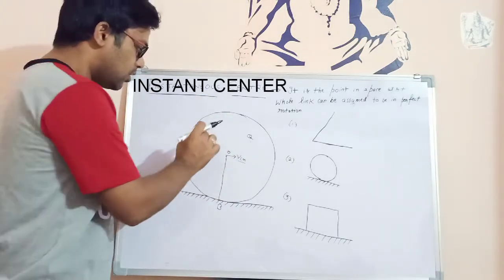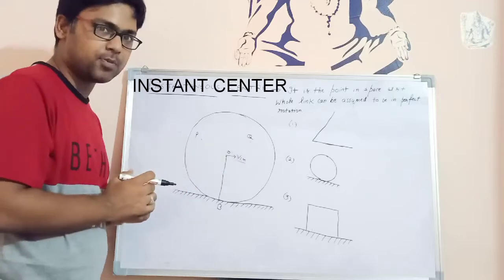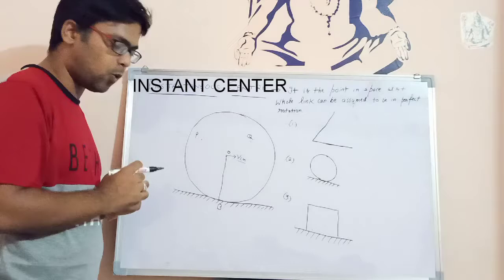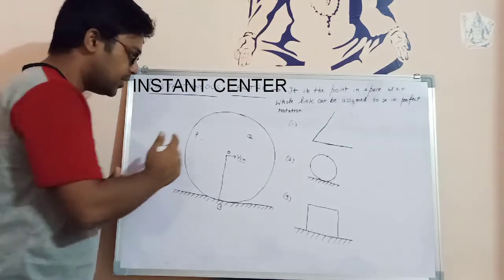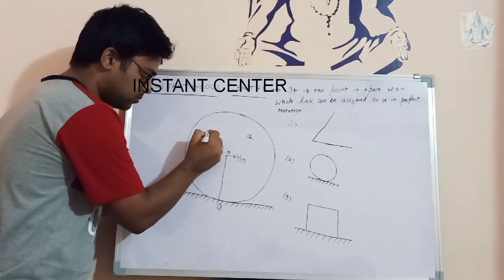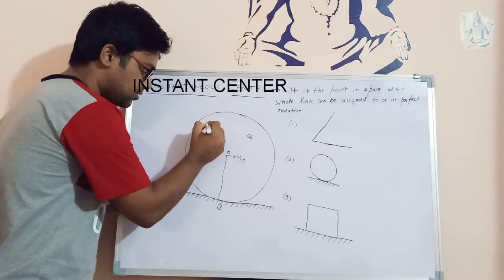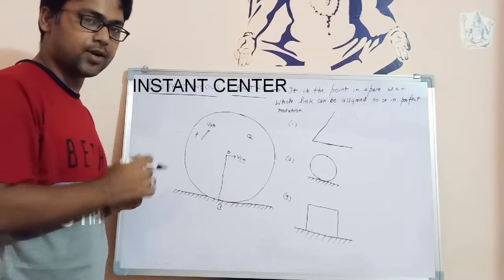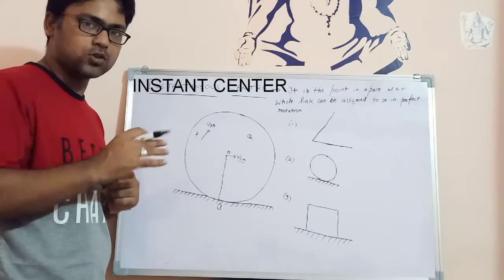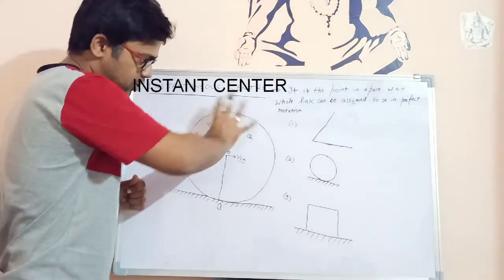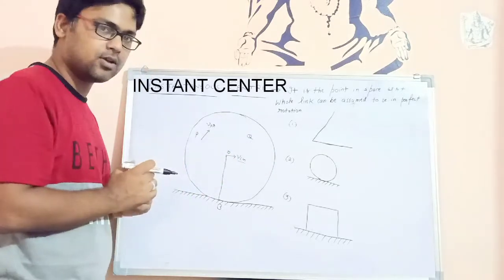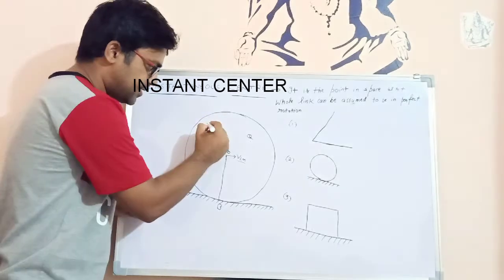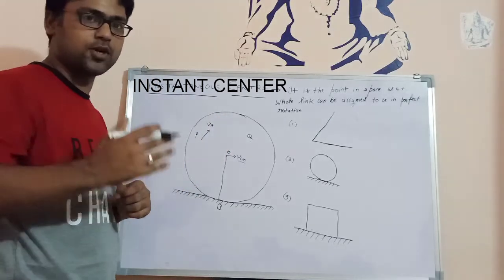Now we are going to focus on point P as well as point Q, starting with point P first. When you look at point P, obviously this point P is going to have a velocity like this, called VPR. That is the velocity at point P because of the rotation of it. Since it is rotating, the velocity of rotation at point P we can simply call VR. So VR represents the velocity of rotation.